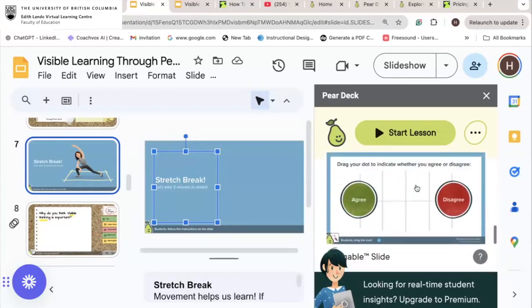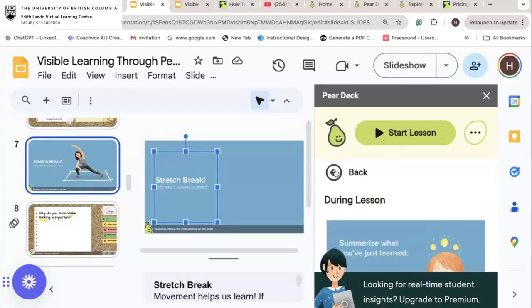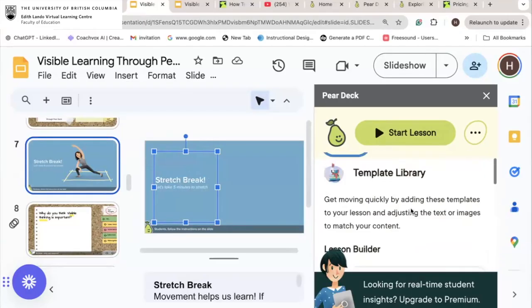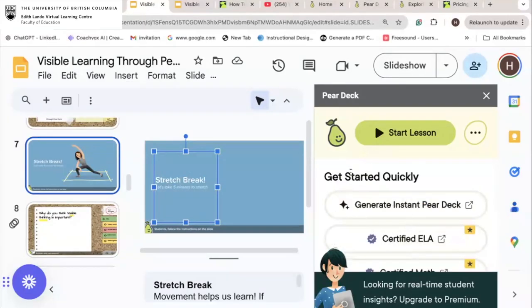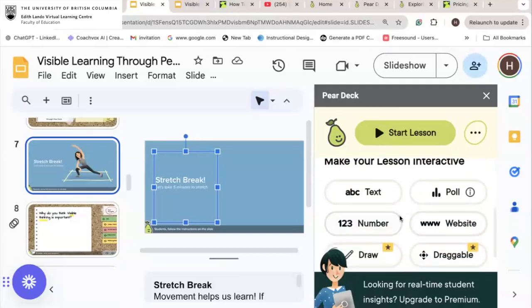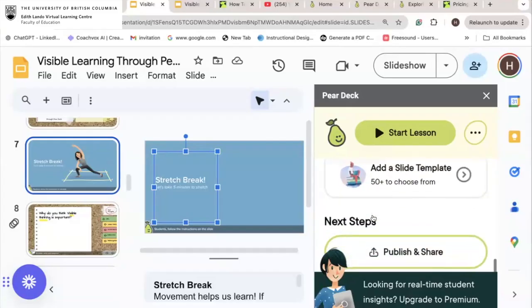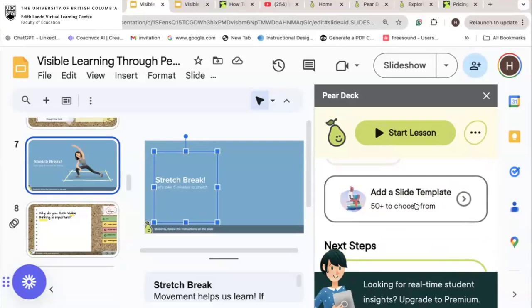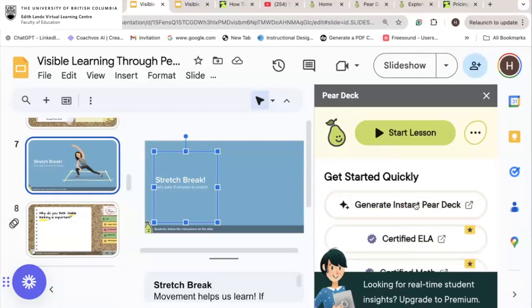This is just one that I added from the during lesson titles, but there are many others, beginning of lesson, end of lesson. So what I told you is that one way to add new slides with prompts is to make your lesson interactive and add these, or go down and add a slide template from here. These two things I just told you.